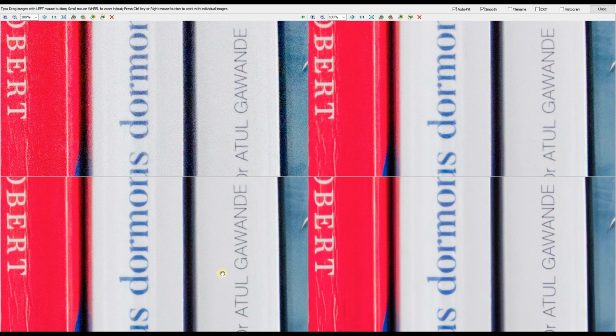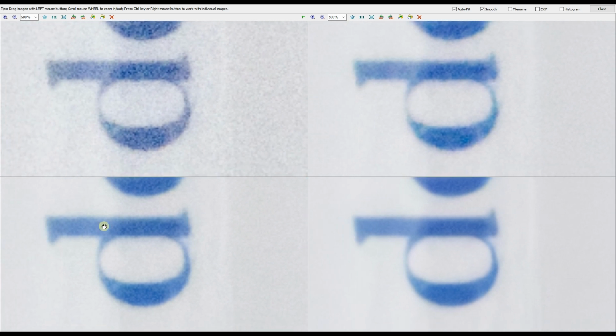Interestingly though, if you look at the D, you can see that DeepPrime has better detail. The D is totally intact, where the Prime has a bit of a loss of detail here. So even though the Prime has less grain, when it comes to detail and the shadow area, especially the dark and shadow area, DeepPrime has better